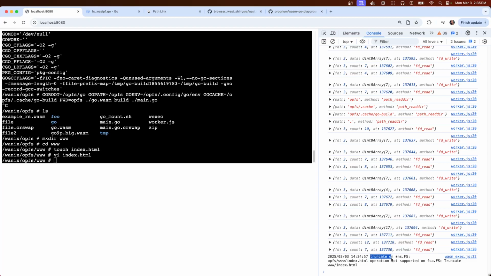That's actually the error that we ran into with the compiler on FSA, FS, truncate. Huh, yeah, okay.